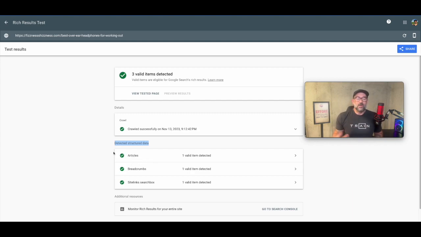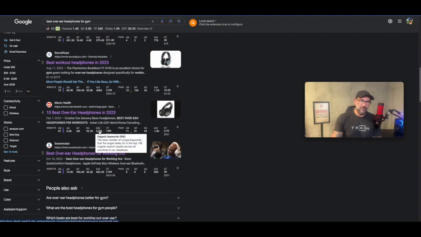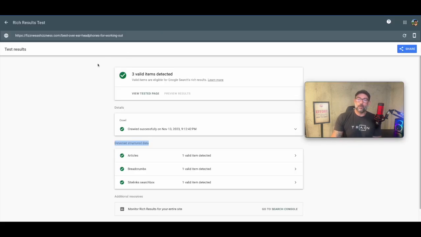So I said, okay, articles, that's what I do have set. But then I asked another question. The websites that are beating me for this particular article, are those also articles? Are those also set as schema articles? So what I did is I went over to the search results and started grabbing these. As you can see, they're all purple. I clicked on all of them, clicked the URL, copied it, and brought everything over here. I want to know, are those also going to say articles, right?